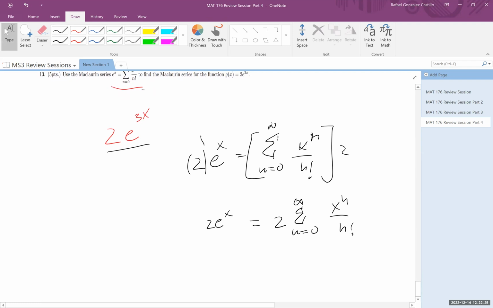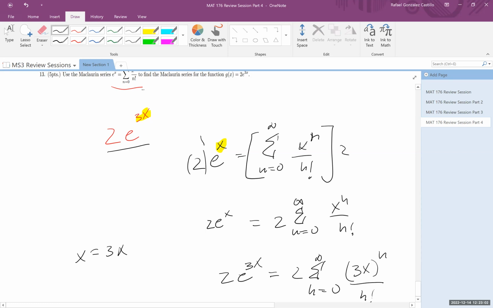Next, here we have 3x given to us. But in our Maclaurin series, we only had x. So all we have to do is substitute 3x for x and we're done. This is actually probably the second easiest problem on the exam. It looks difficult, but it's actually the easiest. We substitute 3x for x. So we're going to have 2e to the 3x is equal to 2 times the series n equals 0 to infinity of 3x to the power n divided by n factorial. And believe it or not,